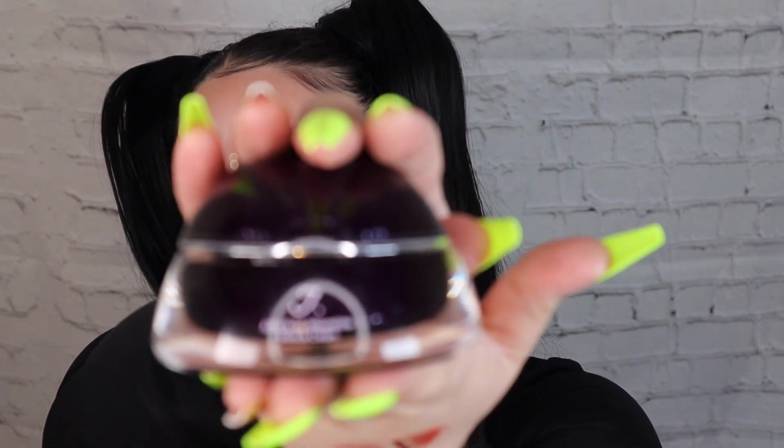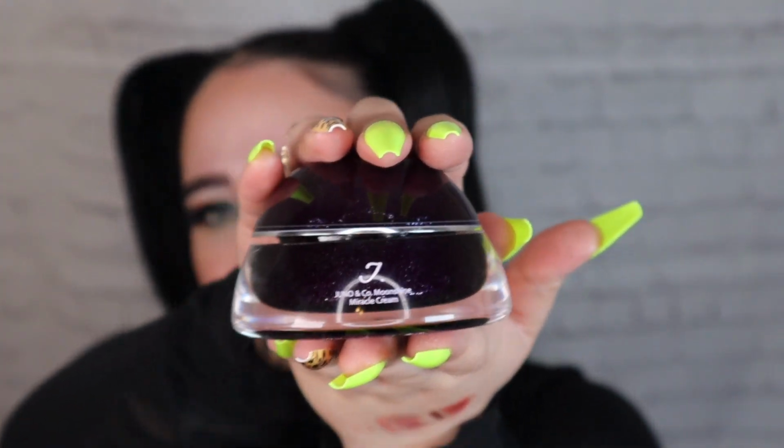For M, I really like this primer. I feel like I was late to the game trying it. M is for the Moonshine Primer by JUNO. This primer, I think, would be good for almost everyone. I can't say everyone. Everyone's skin is different. Everyone likes different things out of their products. But honestly, this is...